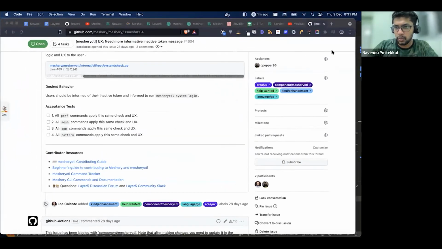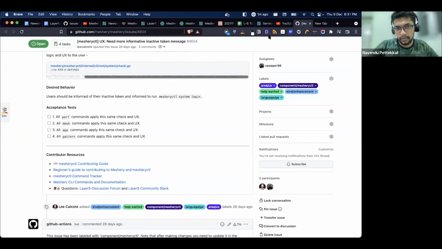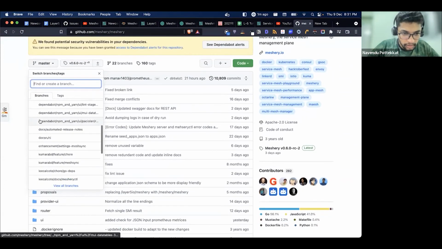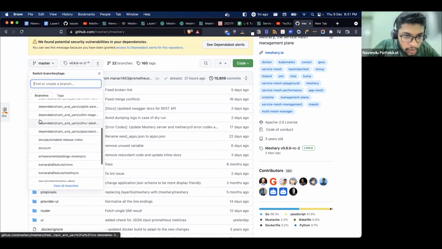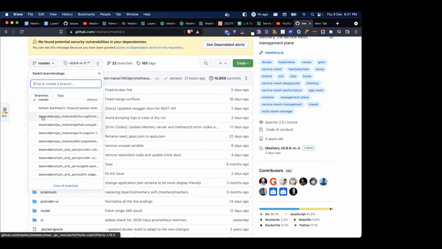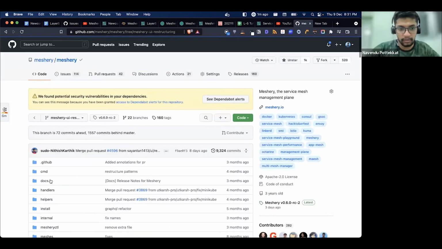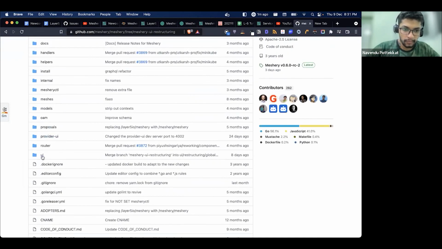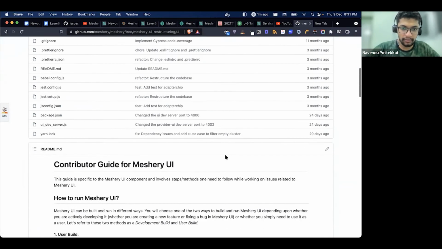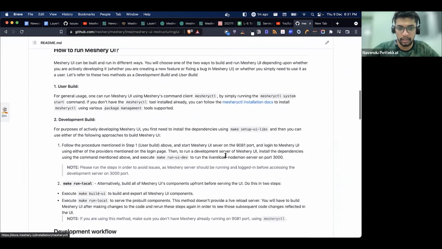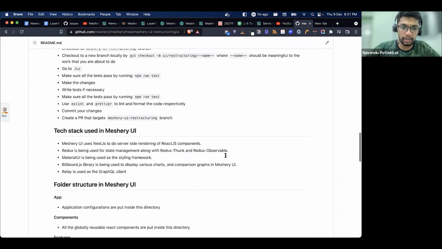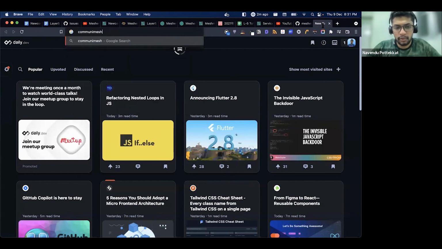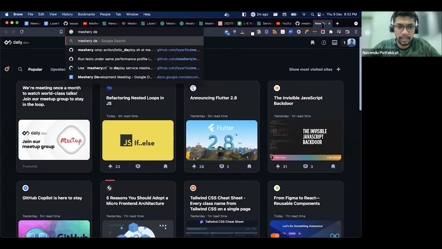Sure. If you go to the Meshery repo, there is a branch called Meshery UI Restructuring. What we are trying to do is use Redux within Meshery. Nitish Karthik, one of the maintainers of Meshery UI, has been working on advancing this area. If you go to the meeting minutes for the Meshery development call,